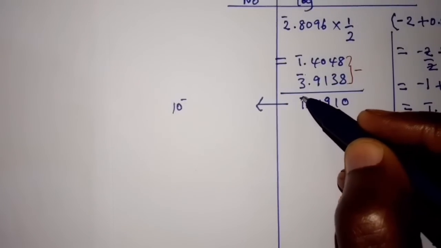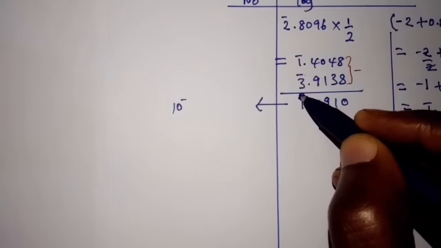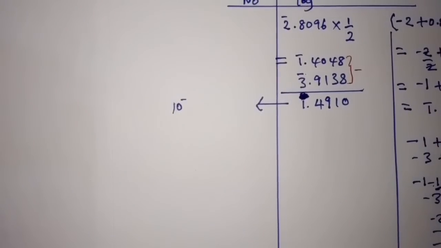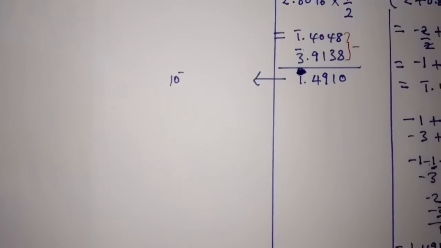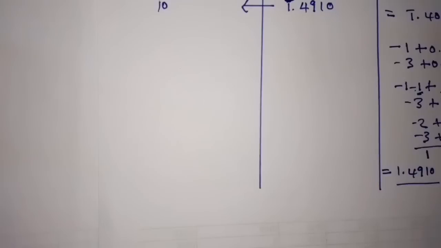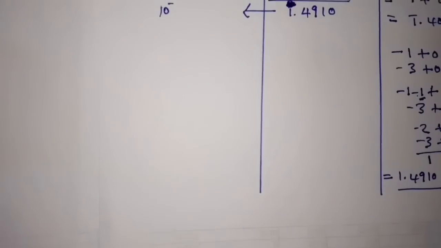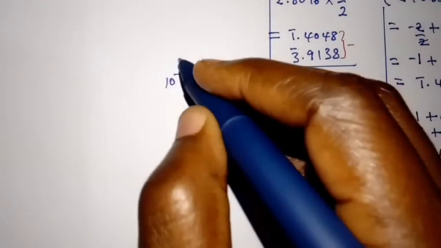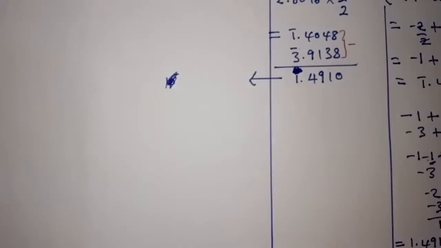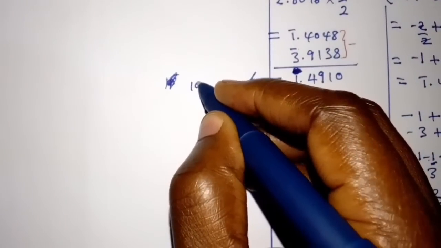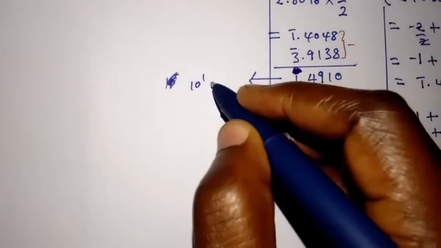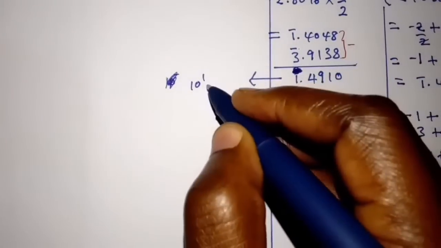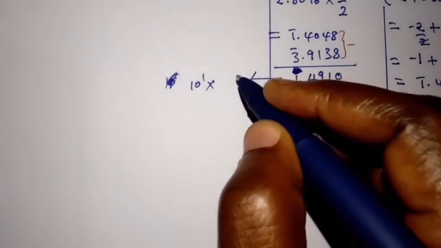The characteristic is positive 1 here, so we can write this as 10 power positive 1 times the antilog of